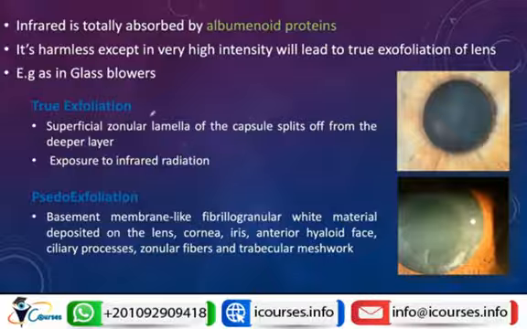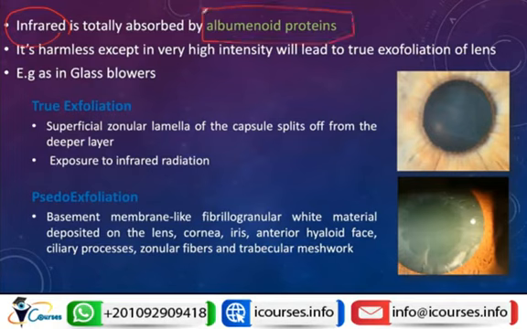So infrared radiation is totally absorbed by the albuminoid proteins. This is important. The infrared radiation is absorbed by the albuminoid proteins and usually it doesn't cause any harm except if it is of very high intensity. Then it will lead to what's called true exfoliation syndrome. True exfoliation means that the anterior lens capsule will be exfoliated or damaged and removed by itself,